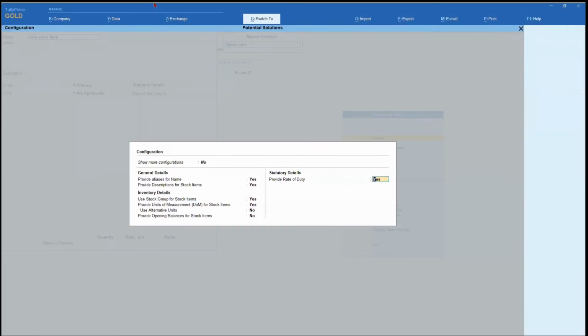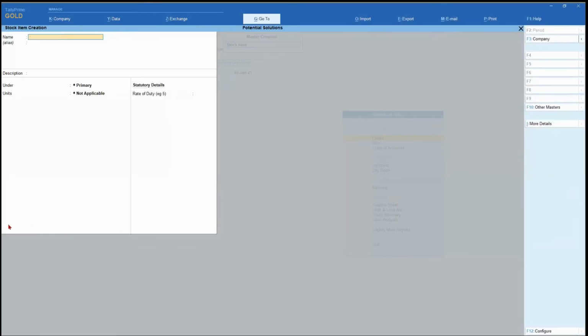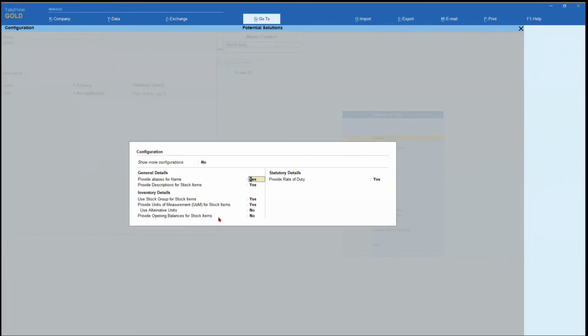Just press Control A to save it. And now you will notice that the opening stock quantity, rate, and amount is not available. So it becomes easy for the user to quickly create the master. That is where this option of provide opening balance for stock item is going to help you.